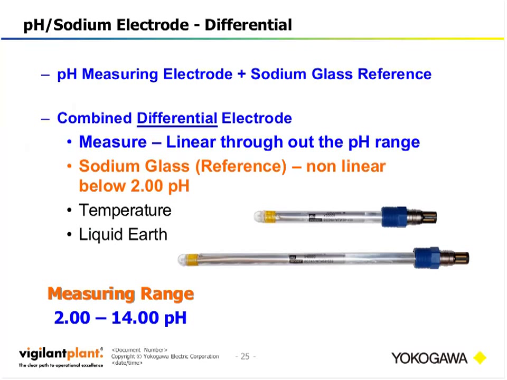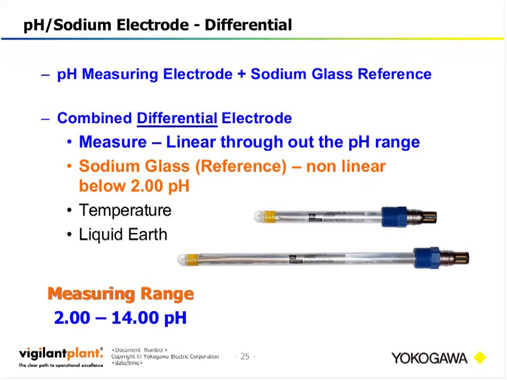Okay, the second design that we have to offer includes a conventional pH measuring glass electrode and a sodium glass electrode that's used as the reference. This measurement loop can be accomplished by either separate electrodes or this combination electrode shown here on the slide. Other than the obvious ruggedness the pH-18 type has, this design does have some advantages to consider. The measurement range is improved. It goes down to 2 pH, and it's less expensive,